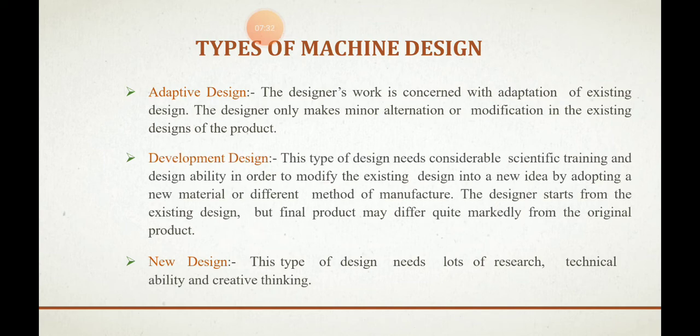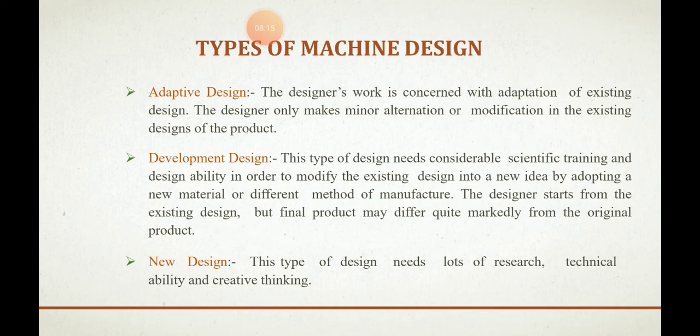Next one is developed design. Here, the existing design or product we are going to use just as a reference. It's not that we use the same product and do some minor modification. No, we are going to use only the concept of the product, and at the end we have an entirely new product. Examples which come under developed designs are electronic component equipment, tape recorders, television sets, and modified bikes.